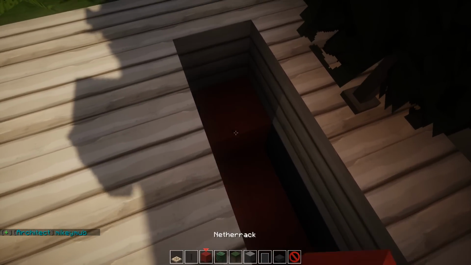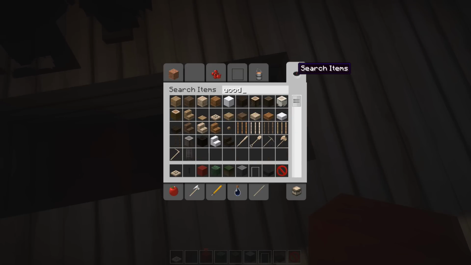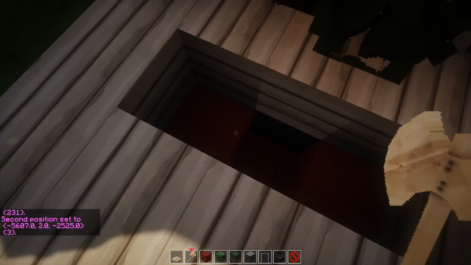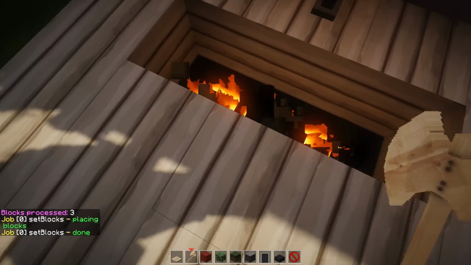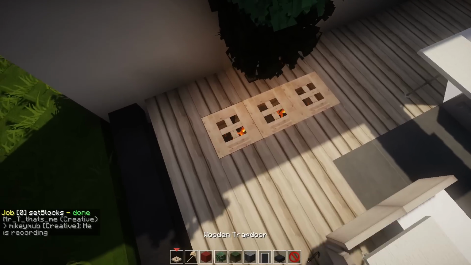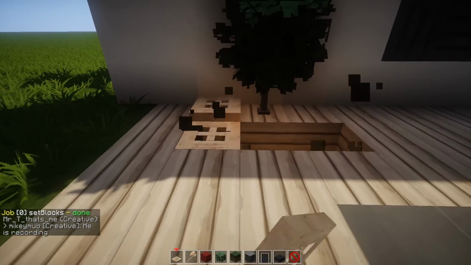And then since my server has no fire spread on, because of course you get so many griefers on servers, and if they have the ability to actually spread fire, they're just going to cause absolute chaos. So we have that off, so I'm going to have to set this. But of course, if you guys are just on a normal single player world, just light it up with some flint and steel, that should work fine.